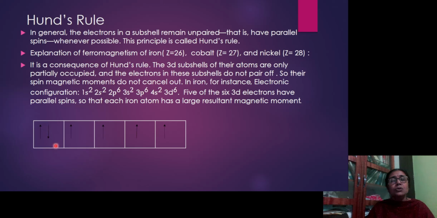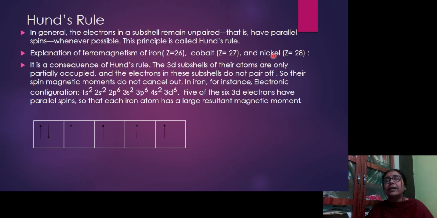Though there is an even number of electrons, 6 electrons, so there could be 3 pairs of electrons, we can see that there is only one pair of electrons with opposite spins, and the remaining 4 are unpaired. And this is because of Hund's rule. And because of these unpaired electrons, there will be a large resultant magnetic moment, and